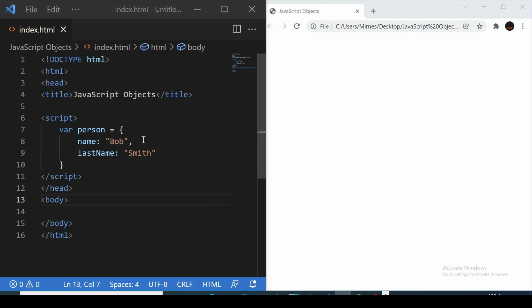Okay, now you can notice that we created the object using the var keyword, like we defined the variables in previous